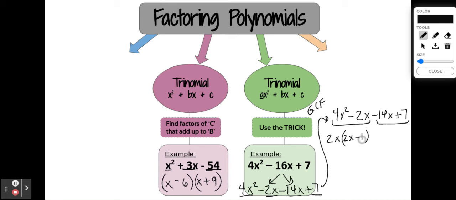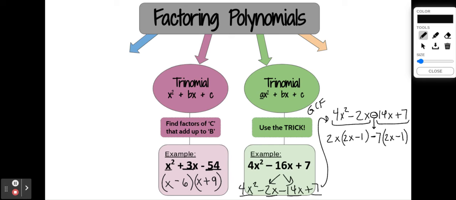2x times negative 1 would give us the negative 2x. Okay, then remember, whatever sign this is, positive or negative, we're going to pull it down. Now, what's the greatest common factor of 14x and 7? Well, that would be 7. Okay, so we're going to undistribute. So negative 7 times 2x would give us the negative 14x, and negative 7 times negative 1 would give us